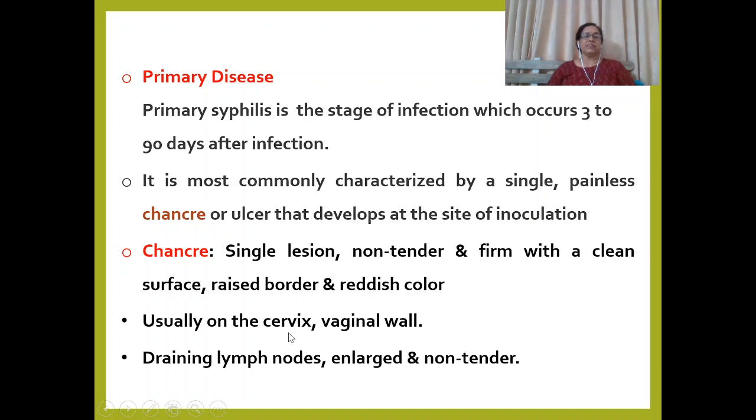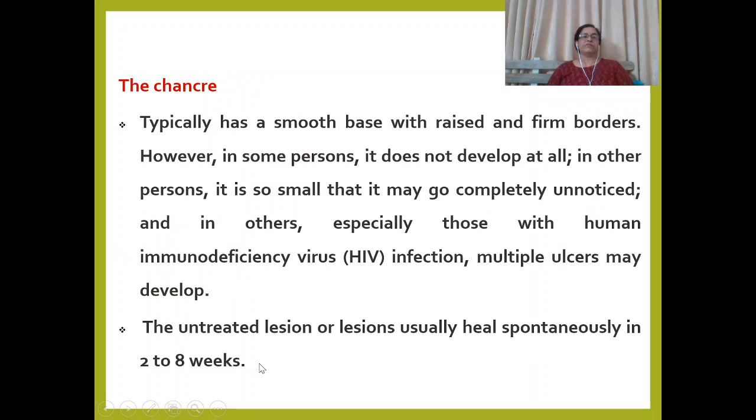This is usually present, as you know, on genitalia, in that cervix, vaginal wall, as well as sometimes mouth parts are also affected. Here, after their entry into that particular area, they invade the nearest lymph node, and upon multiplication of it, the lymph node becomes enlarged and non-tender, as well as draining from these lymph nodes is observed. The chancre, which is a typical symptom of primary syphilis, has a smooth base and it is raised with